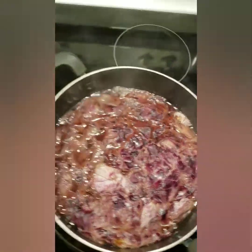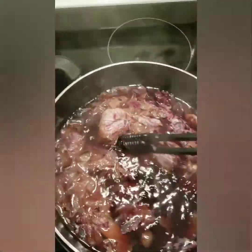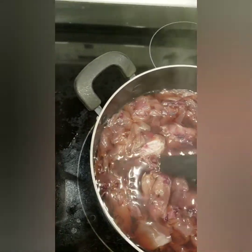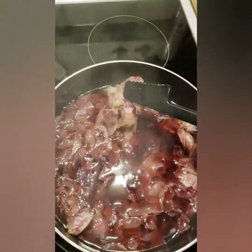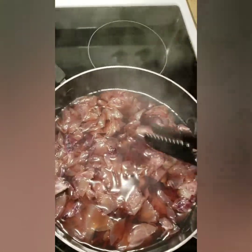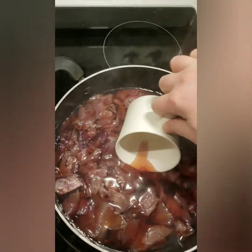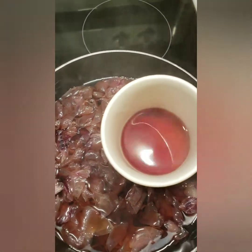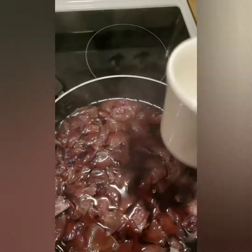All right, so it's been a little more than an hour now, and I really feel like there just isn't much color left to extract from any of these flowers. And that is just a really rich color. I'm really delighted with that. So I may